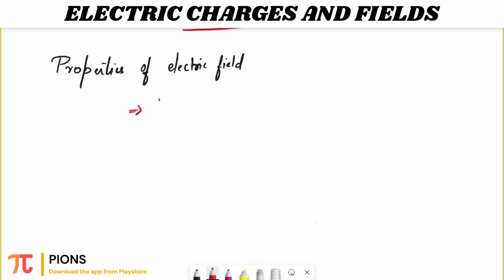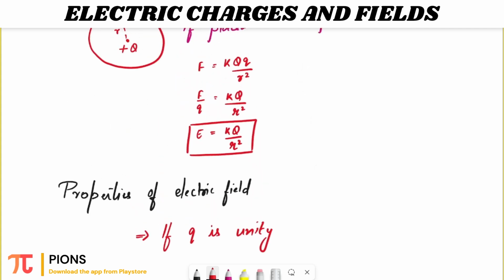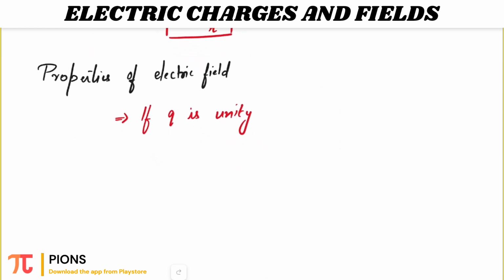So let's see the first property. If small charge q is unity, let's go back to our expression. Small q is unity, which means the electric field is equal to the force, right? Because if q becomes 1 over here in this expression, then this expression converts into electric field and F will be equal to E, right? So if q is unity, the electric field